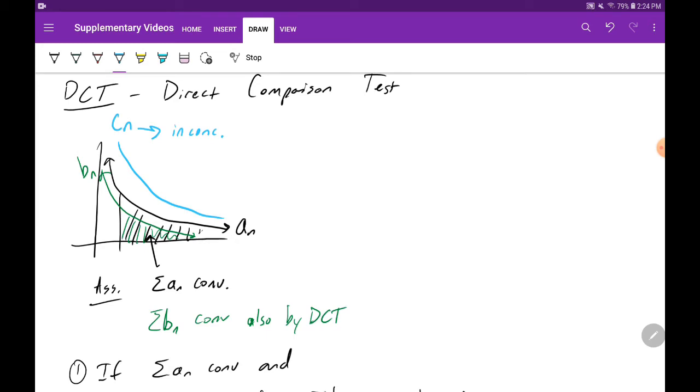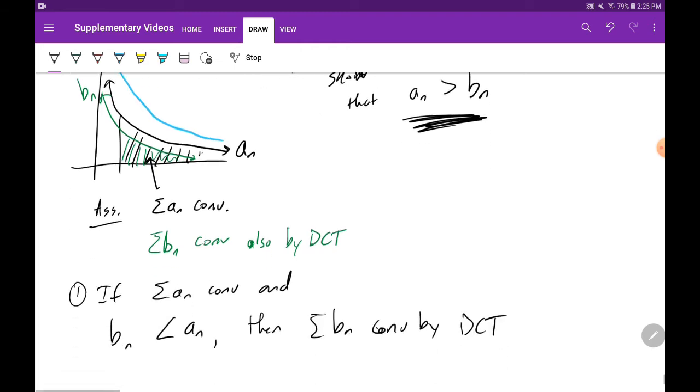You need to show, this implies you need to show, I guess you could say you need to prove, but you need to show that A sub n is greater than B sub n in your work. And I'm going to show you guys that in an example. All right, so that's the first half of